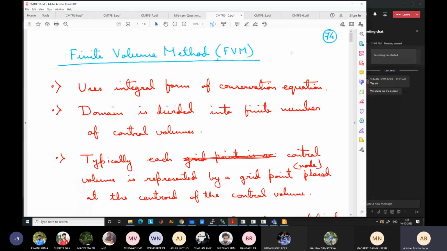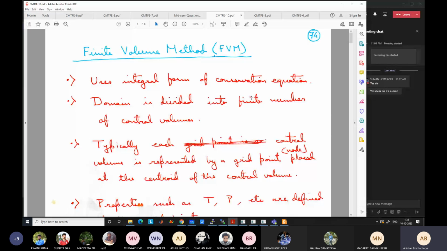Let me first describe what the finite volume method is. Those who have taken the course with me already know this part, which is exactly similar to what we discussed in the elective course. The syllabus is the same, but for those who are new to CFD, I am just stressing this. So this actually uses the integral form of the conservation equations. Conservation equations like the energy equation or momentum equation can be described in differential form, like we have seen previously, or in integral form. Actually, here also we start with the differential form, but we integrate over the entire domain, or each control volume.